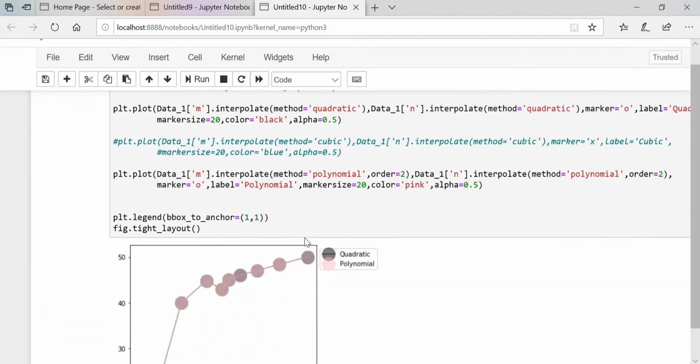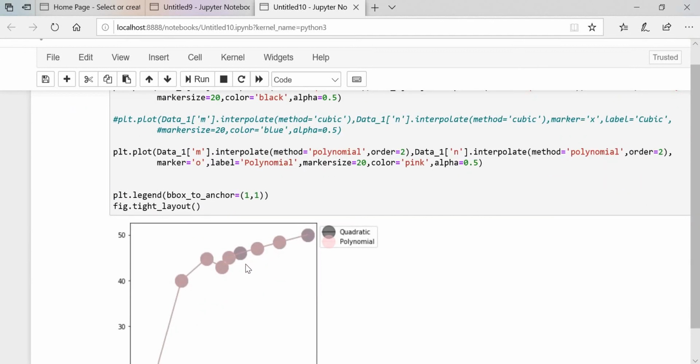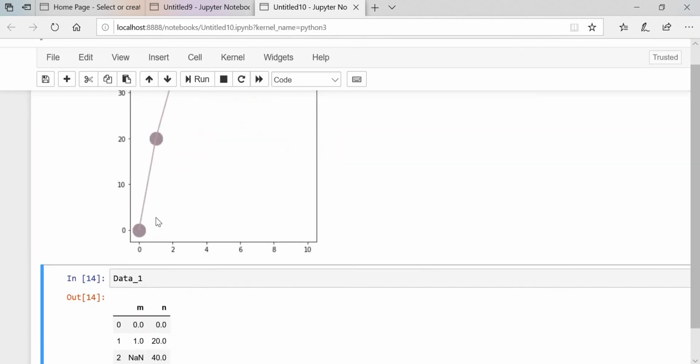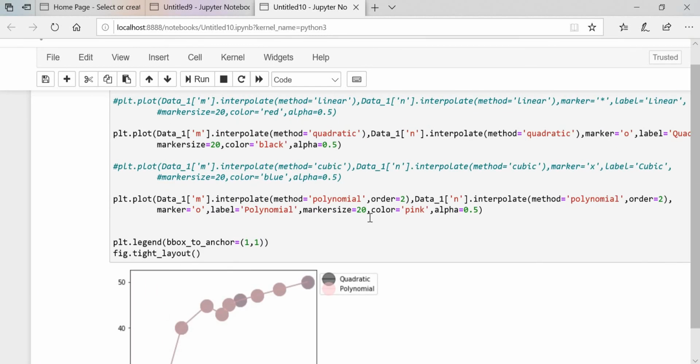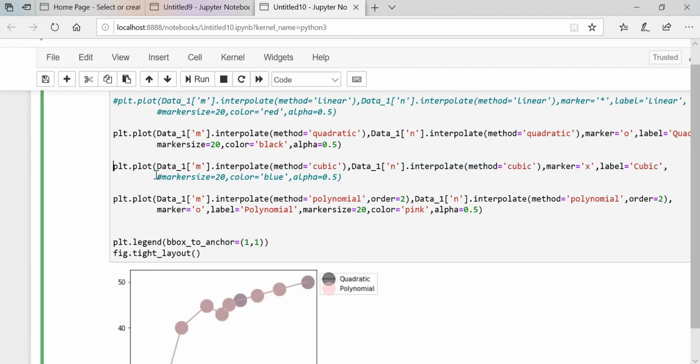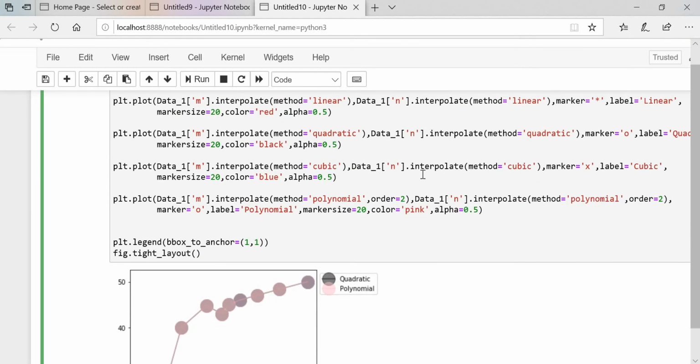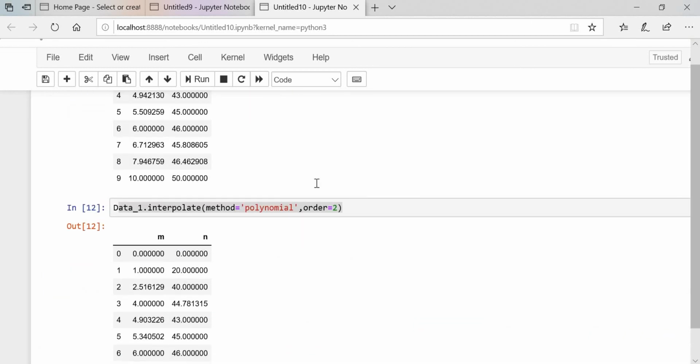I will show you, you can see maximum the quadratic and polynomial both are the same, right? Okay, so like this some of the methods are similar and some of the methods are different, but that difference is not that much. Okay, so this is the difference between each of the methods inside the interpolation.